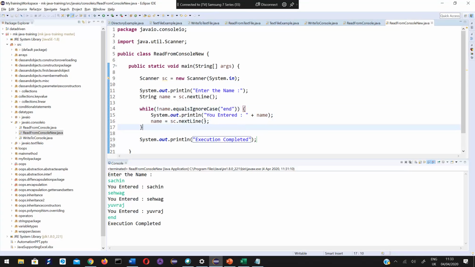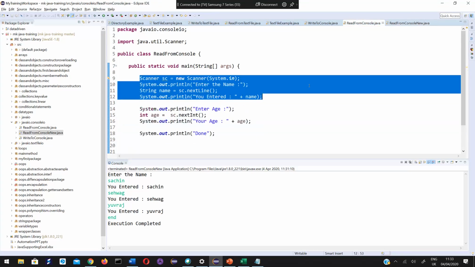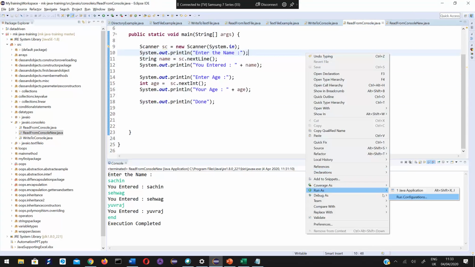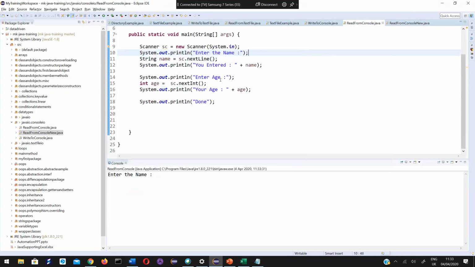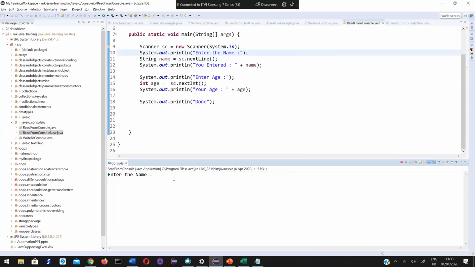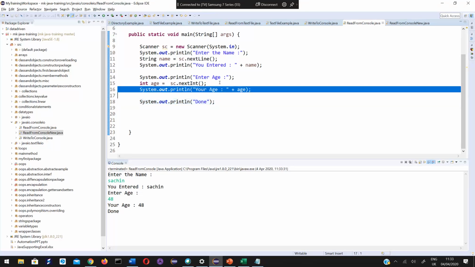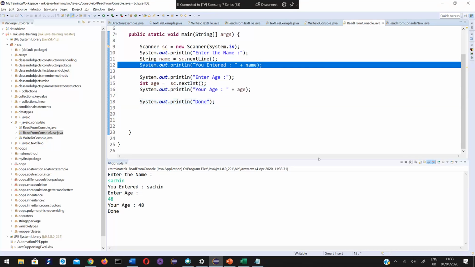Okay. So in this example, Read from Console, we are just taking the values without running any while loop. First I am taking one value, that is name. Then it is asking for age. Okay, done. It took those values. Then inside the program, you can use those values for whatever purpose. Here I am just printing those values, but you can use those names and values for whatever logic that you want to execute.